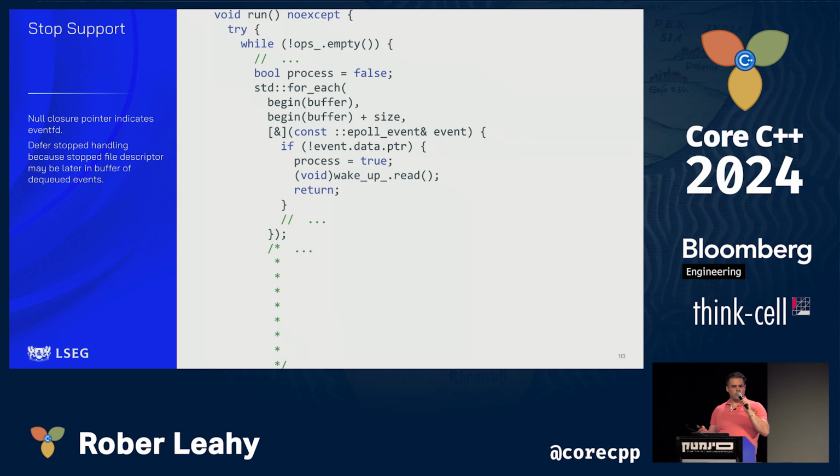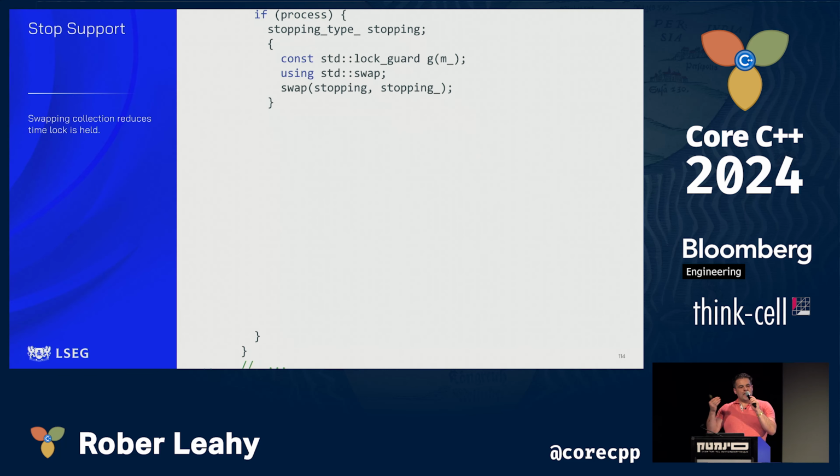But before we move on from here, note that once we set that flag, we also read from the Eventfd and throw the read value away. We do this to ensure that the Eventfd goes back to not being readable until someone else makes a stop request. At the bottom of our loop, when we detect that flag is set, we quickly acquire the lock and